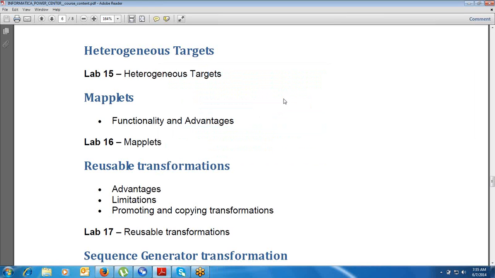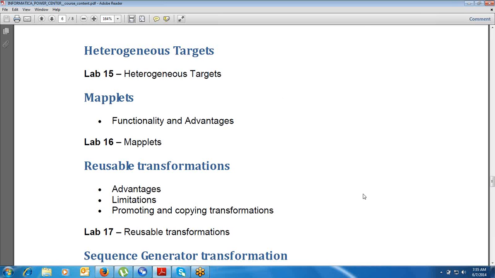The one basic maplet that we create is for key generation. If the data is being extracted from the source and we need to load it into the target, then with the source rows we need one particular sequence to be generated. Every time new rows come, they should have a sequence value greater than the old one. So like this, a maplet can be created for key generation and used in various mappings.